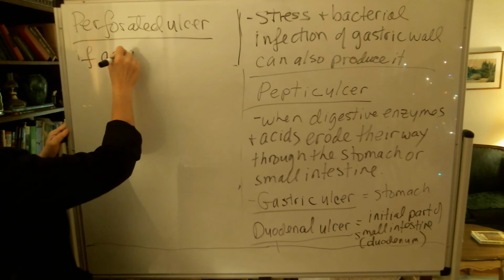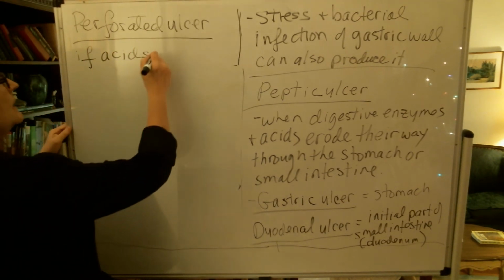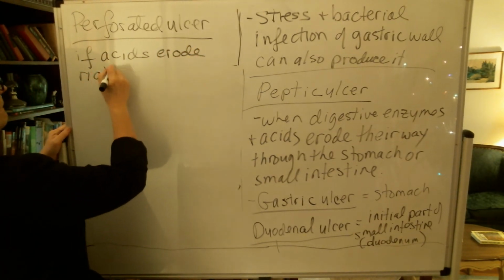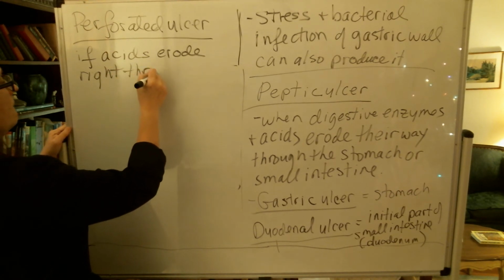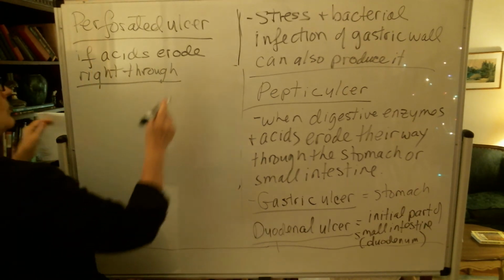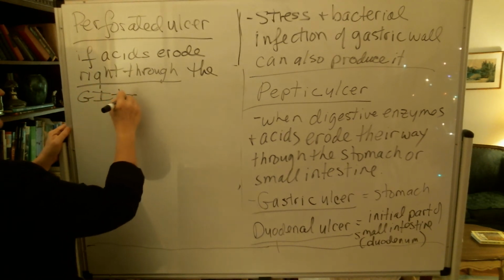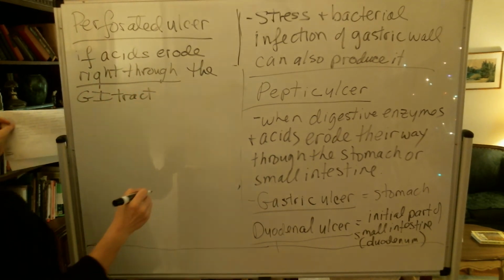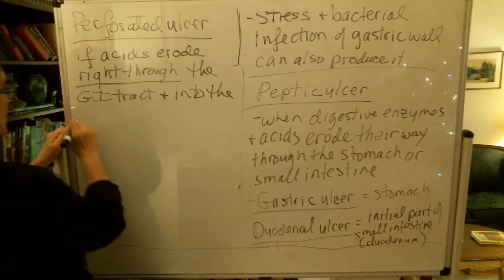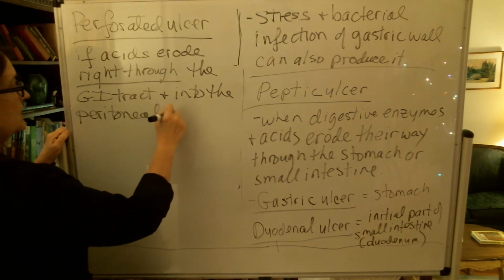So, if these acids and other chemicals then erode right through the GI tract and into the peritoneal